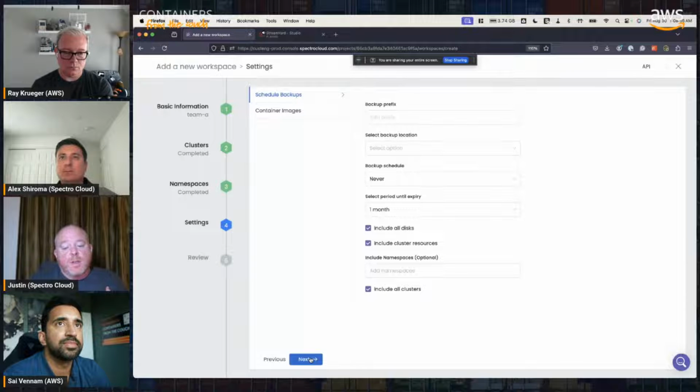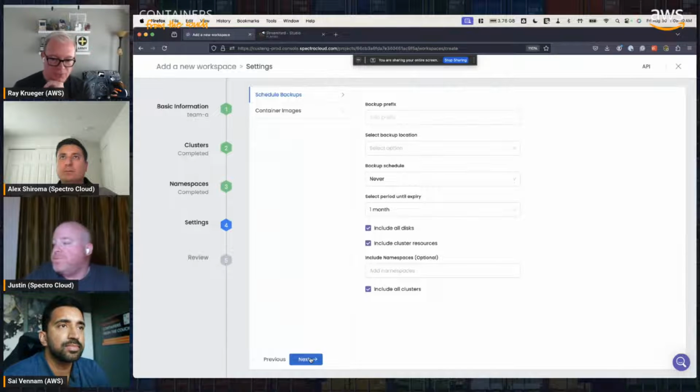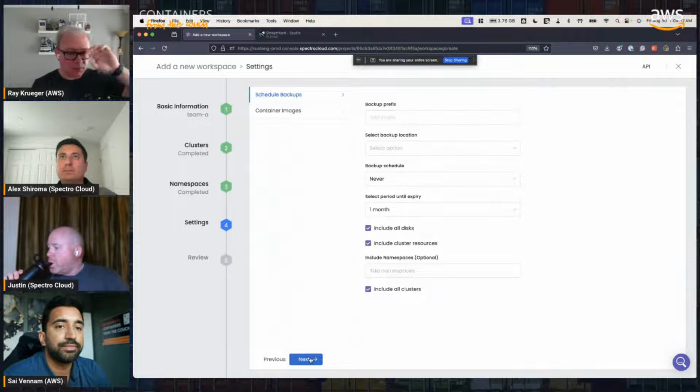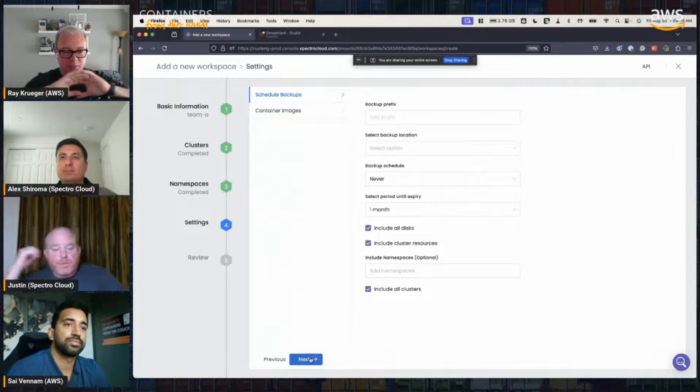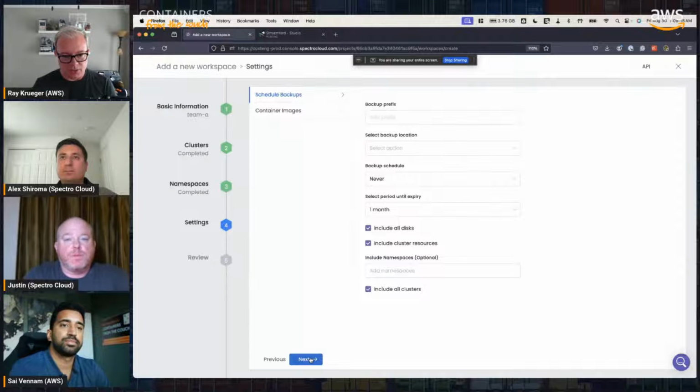So as a platform administrator, I may then hand this namespace and the kube config that's attached to this namespace to a development team. And now I don't have to worry about them trampling on others, which becomes a powerful feature. Being able to create multiple roles, multiple role bindings, quotas, and namespaces that are applied across multiple clusters, that's huge and very important.